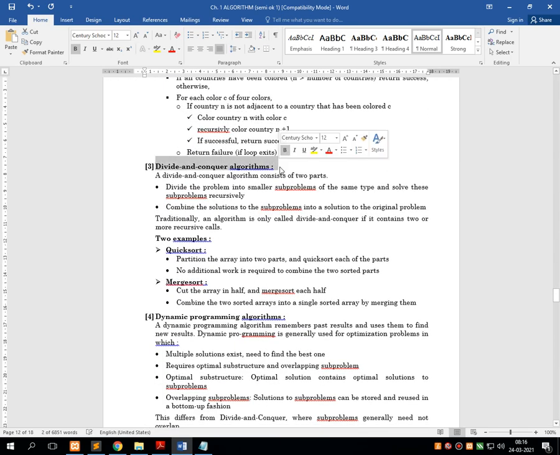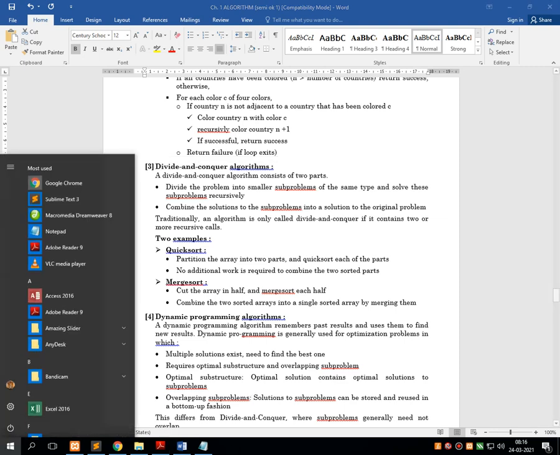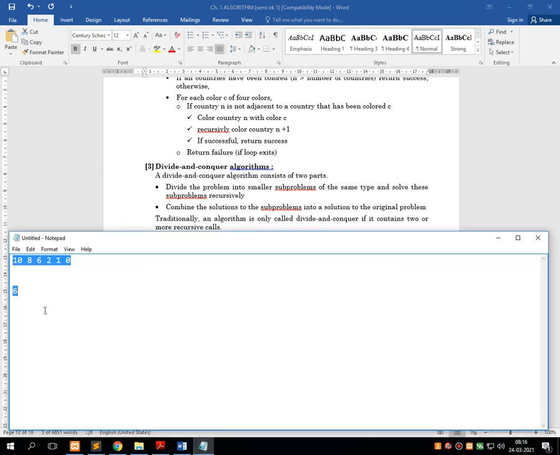Third type of algorithm technique is divide and conquer. This technique is very important, and in almost all our practical concepts we will go for the divide and conquer algorithm. The theoretical part of the divide and conquer algorithm says that first divide the entire program into an equal number of sets.